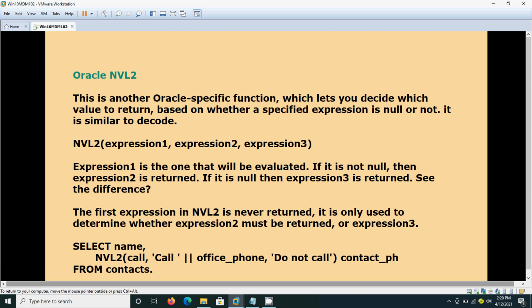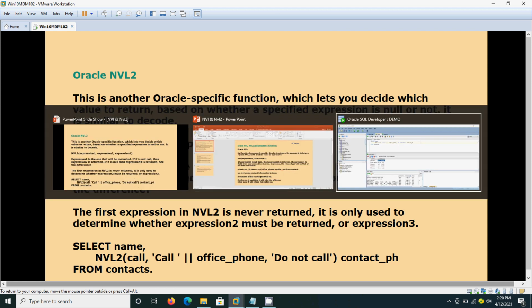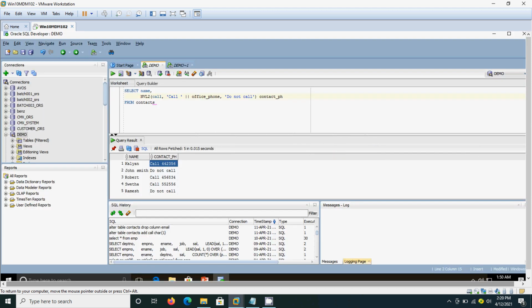Here expression 2 is that we have to call. Expression 3 is do not call. That means null gives do not call, and not null means call using the office phone number.